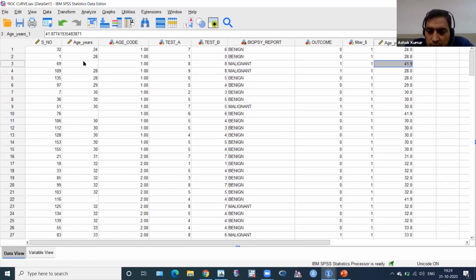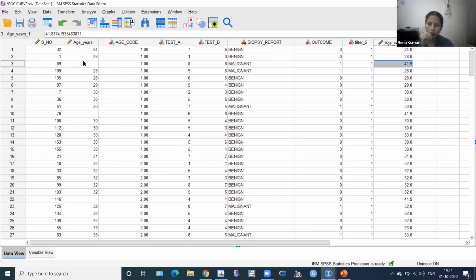Sometimes the guide or co-guide says you have to remove these intermediate results first, then analyze, and after that keep these intermediates as malignant and analyze, and the third time keep these intermediates as benign and analyze. Then they will see three ROC curves and decide which is better, and they have to write everything in the results, and why they did this.